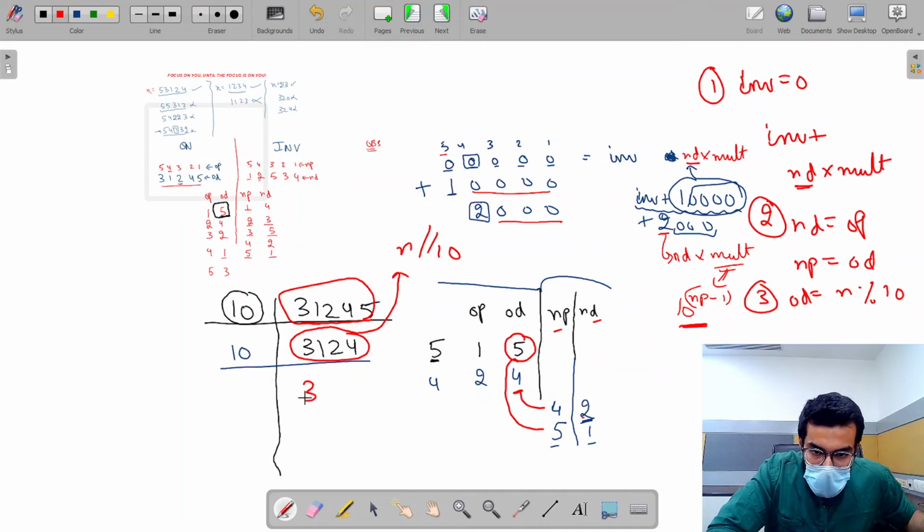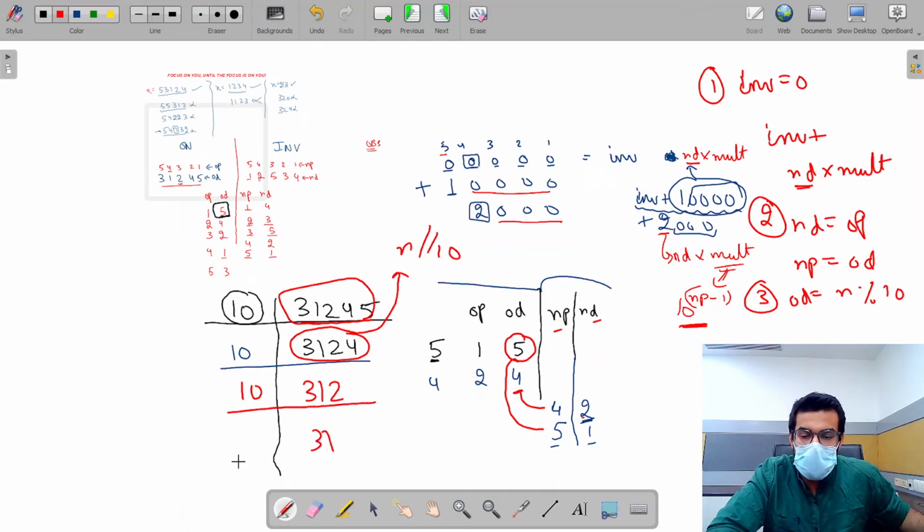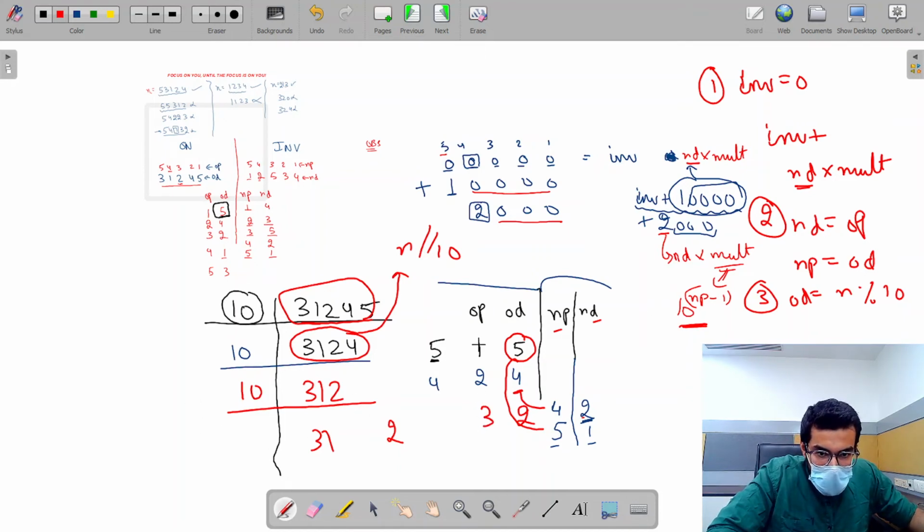Let me divide it now. 312 and the remainder is 4. Then I again divide by 10. It gives me 31 as the quotient, and the remainder is 2. So when the remainder is 2, it means that the original digit is 2 and the position has become 3. From here you can see that each time I'm adding 1 to the original position.